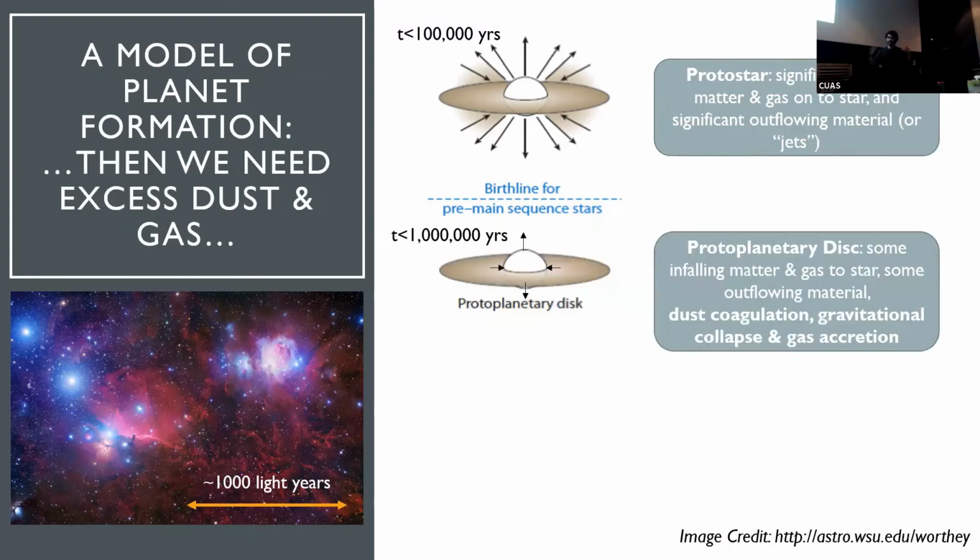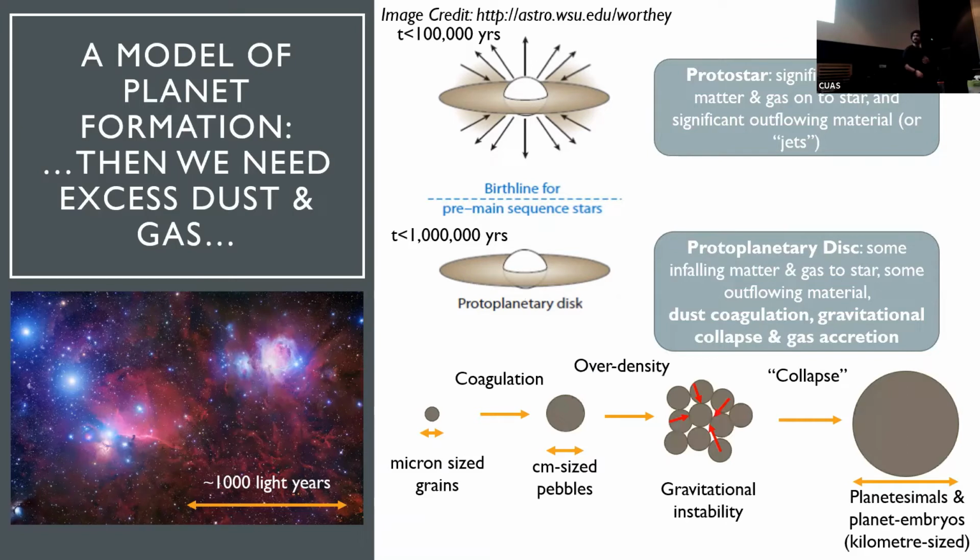A little bit of time passes, and the mass of the material that's falling into that star declines because the star is taking it off. What we end up with is a system where you've got a little bit of infalling mass, and you've got some small jets, but broadly speaking, we've got this very thick protoplanetary disk. We've got somewhere the matter can start to accumulate in the same way that it did to form the star, but into protoplanetary material, so into planetesimals, things like asteroids, things like planet embryos, okay? Places where dust coagulation,